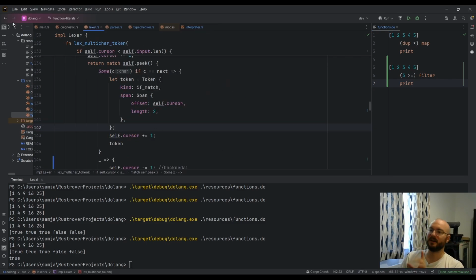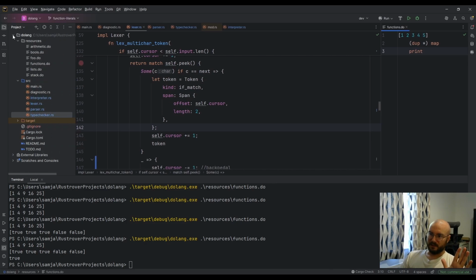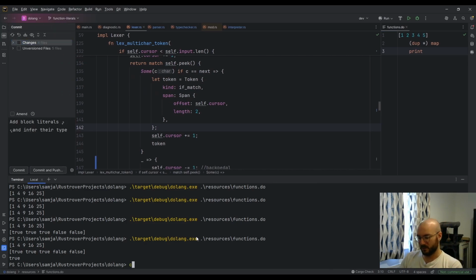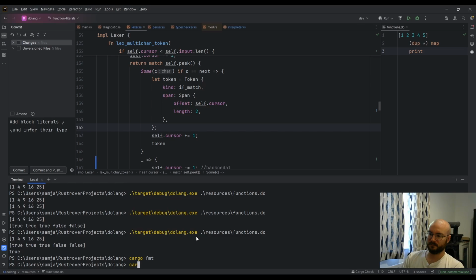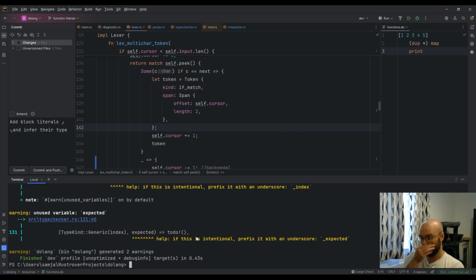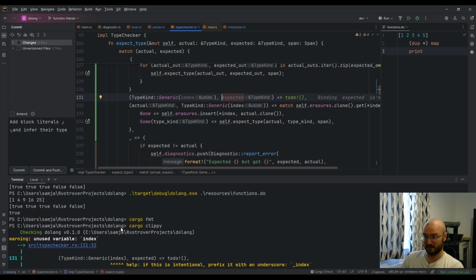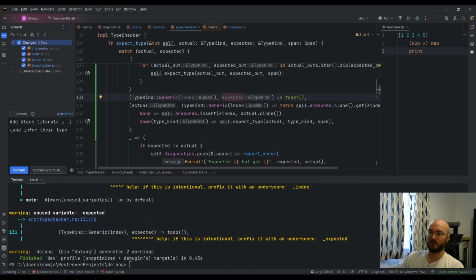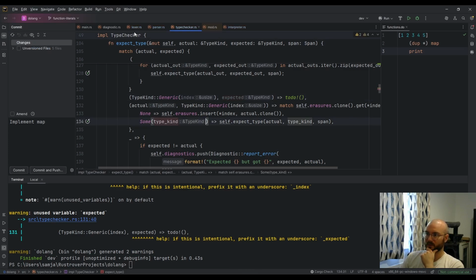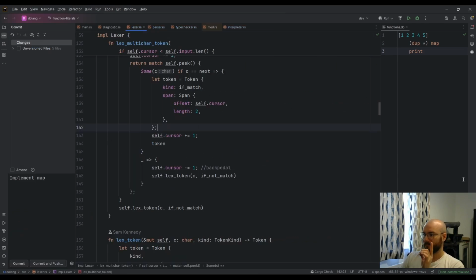So let's go. In fact, let's just commit what we have. So let's do a quick cargo fmt and a cargo clippy, and yeah, we haven't implemented that case. That could bite us later. Other than that, though, all good. So we'll commit that. So, implement map. Good. So let's implement